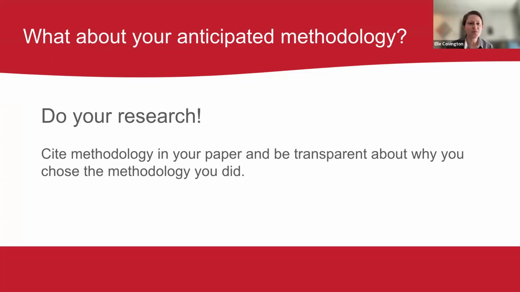Okay, and then another thing, this is basically just a plug. As you're developing your research question, as you're thinking through which methodology, really look into that methodology and see if it is designed to answer the research question, and be very transparent about that in your papers. With systematic reviews and scoping reviews, you're kind of required to, but I would really recommend in any of your papers, cite your methodology and define it, right? Also put your research question in your paper so that it is upfront. We know what we're trying to answer by reading your paper.